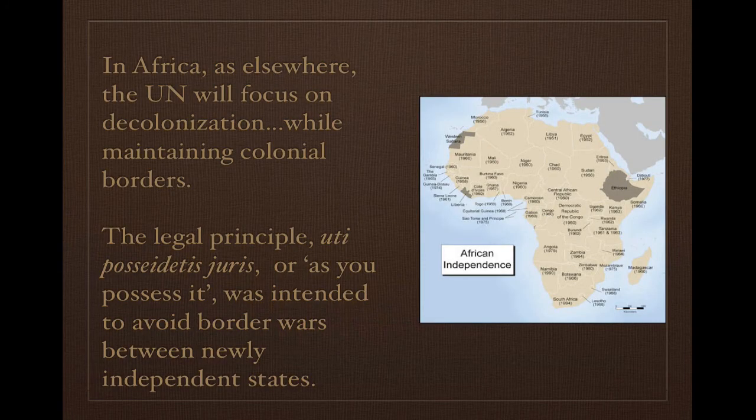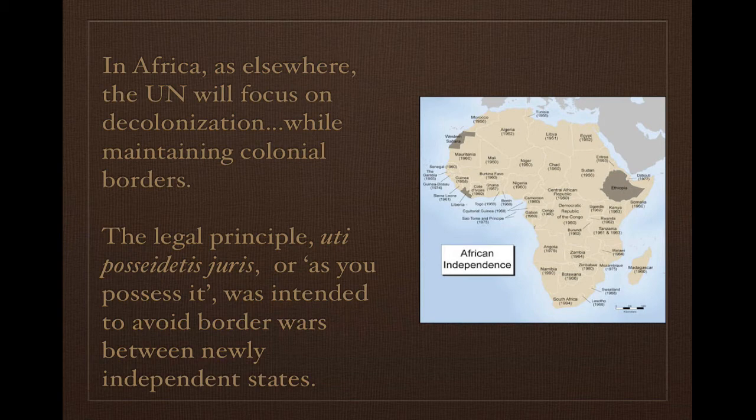Well, during the Cold War, two major developments took place that really shaped and structured the nature of the UN's role. The first of these is the focus on state integrity. In Africa, as elsewhere in the world, the UN is going to be very focused on maintaining the sanctity of borders and the territorial integrity of states above all else. In other words, it's going to be a very statist organization,